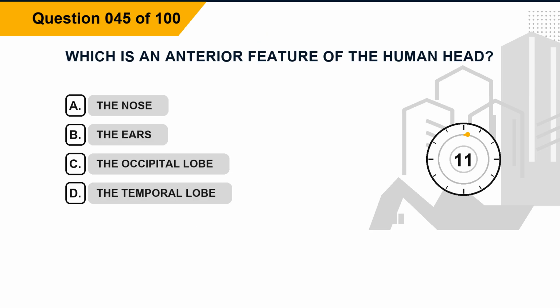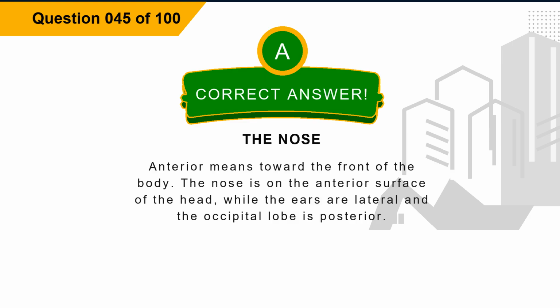Question 45. Which is an anterior feature of the human head? Option A, the nose. Option B, the ears. Option C, the occipital lobe. Option D, the temporal lobe. The correct answer is option A, the nose. Explanation. Anterior means toward the front of the body. The nose is on the anterior surface of the head, while the ears are lateral and the occipital lobe is